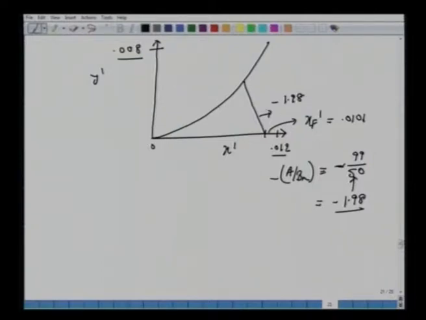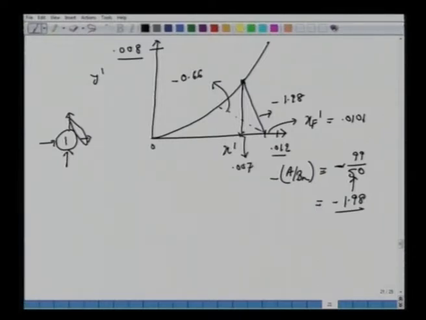Earlier, in the previous example, we had a slope of minus 0.66. Anyway, we don't need this right now. So we draw with the slope of minus 1.98, and here we have this equilibrium. So for stage 1, we bring in contact with pure solvent, so 0, and these two are in equilibrium. We come to this stage. If you read this number, this should be 0.007.